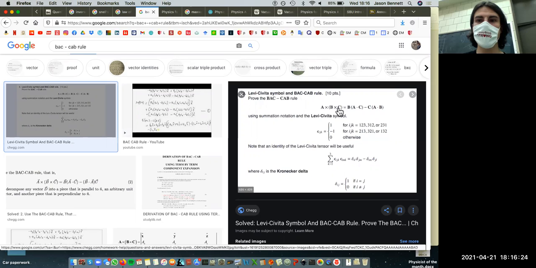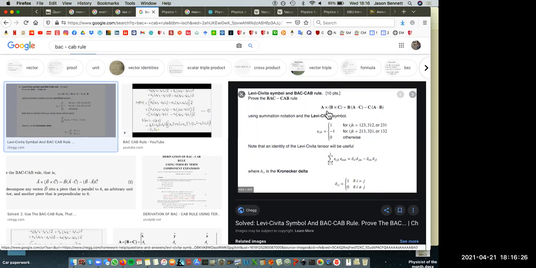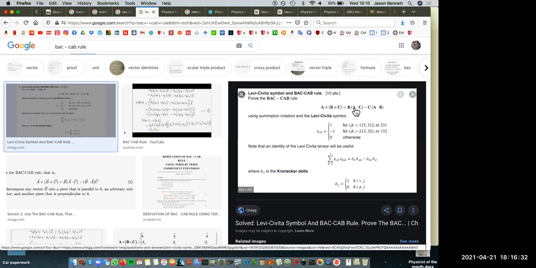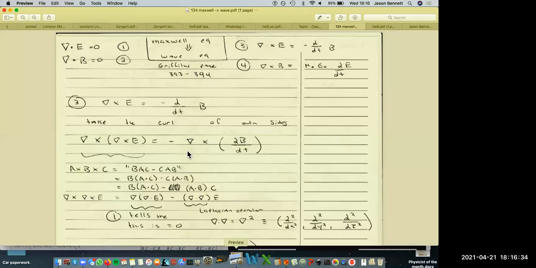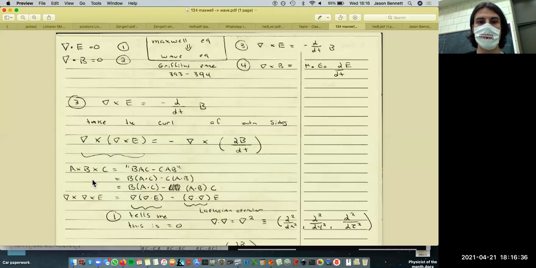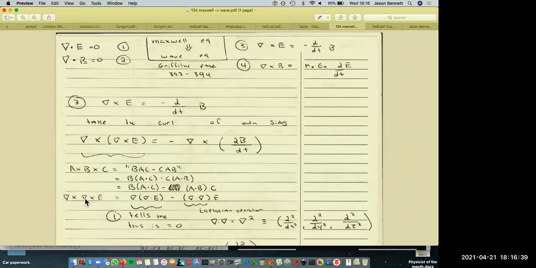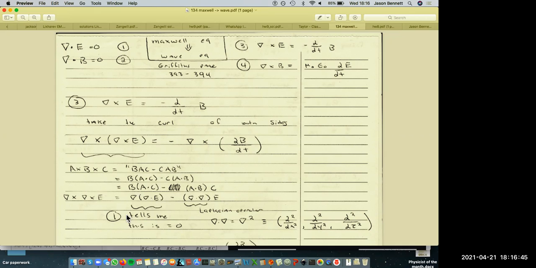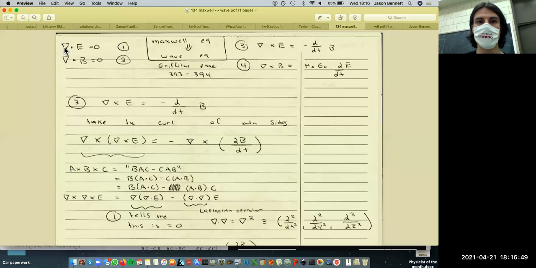If you have 3 cross products at one time, you can write it as dot products, specifically this kind of arrangement here. So if I do that with this arrangement, I have del cross E, and then I get this. So this is the back, and this is the cab. However, now I can use another one of the Maxwell equations, notably the first one, which tells me that the